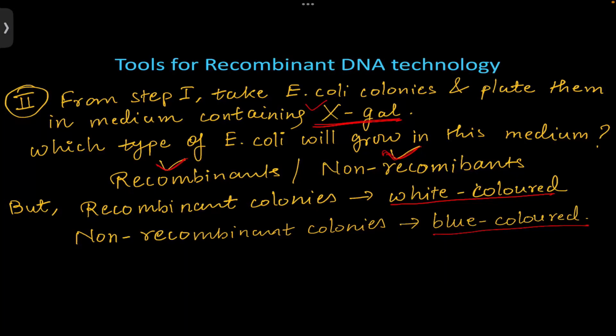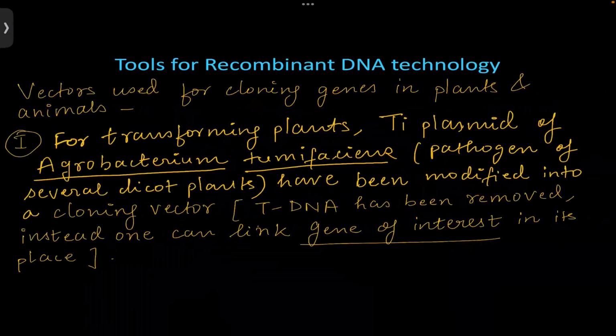So it will not consume the X-gal substrate, and all the E. coli colonies will be white. Now, through simple observation, you can select out the white colonies and then take forward your subsequent steps of